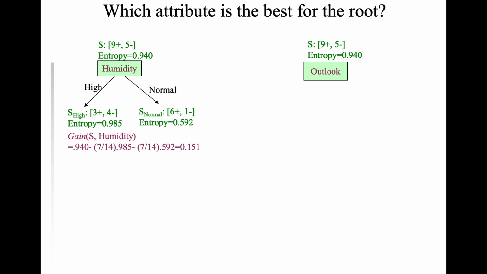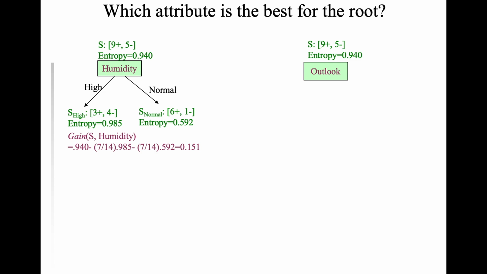When you want to calculate the gain of S and humidity, you start with the entropy of S, which was 0.940, minus